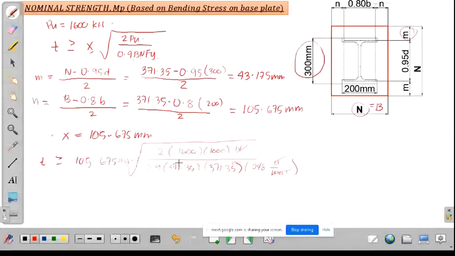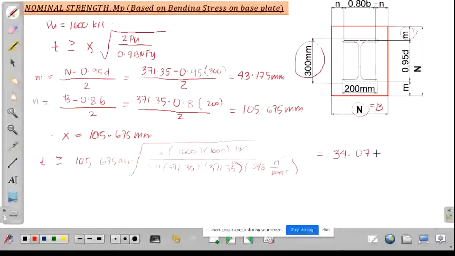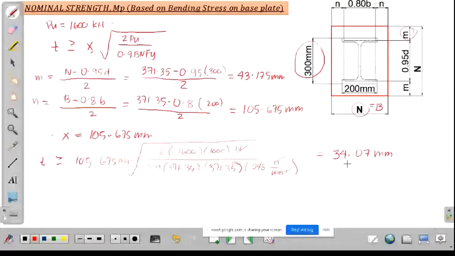Ano yung value natin dito sa t? Ano yung thickness natin? That is equal to 34.07. Is this correct? Yes, ma'am. 34.07 and 10. Okay. So, yung magiging sagot natin, meron na tayong T, meron na tayong B, and meron na tayong T. So, the dimension of our base plate is equal to